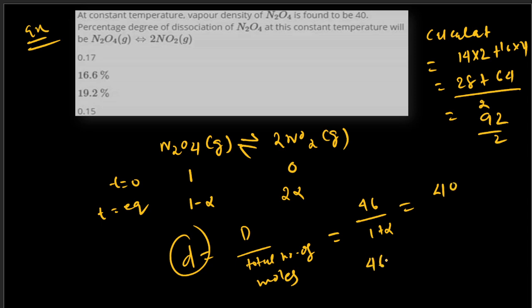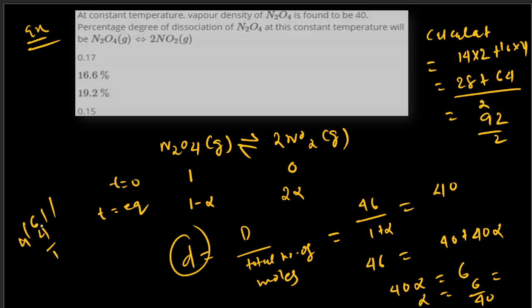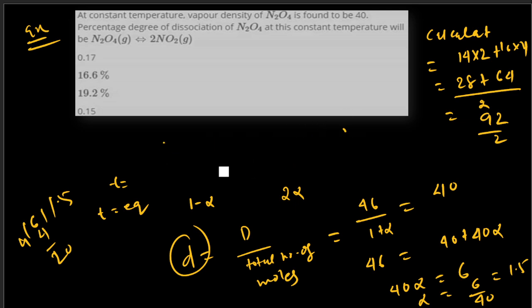So 46 equals 40 plus 40 alpha, then 40 alpha equals 46 minus 40, that is 6, then alpha equals 6 by 40. So again, this will be 0.15. So we can calculate the